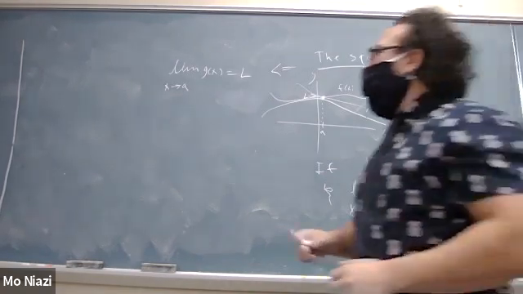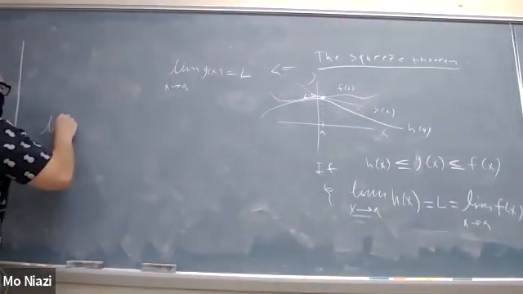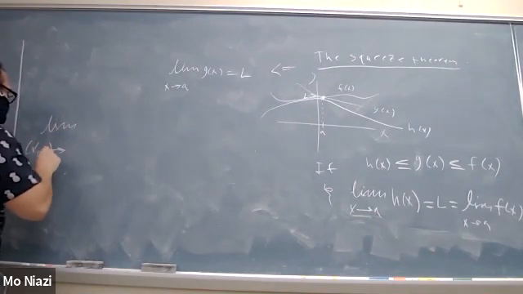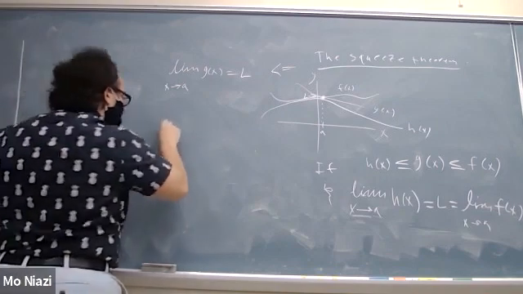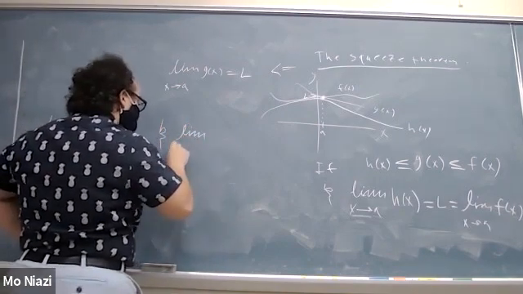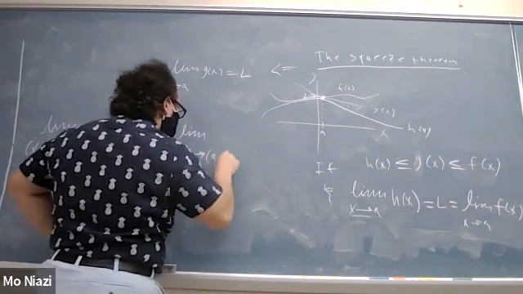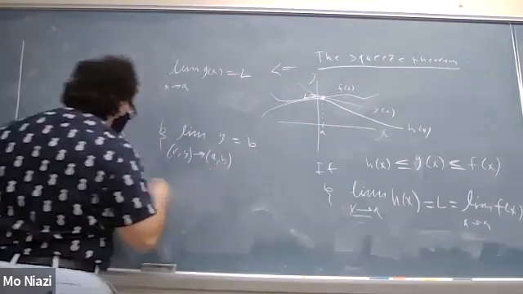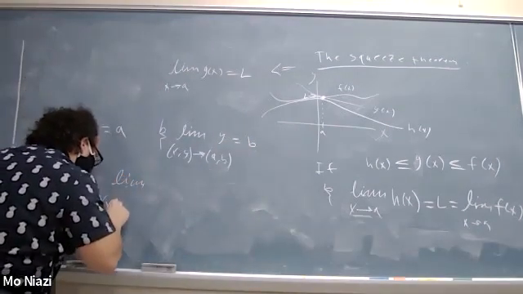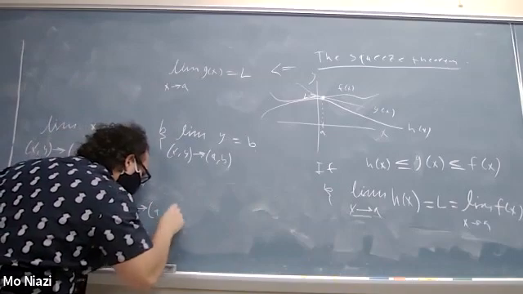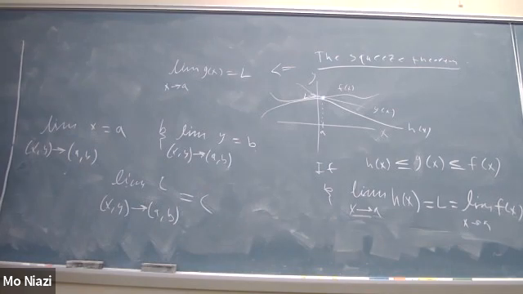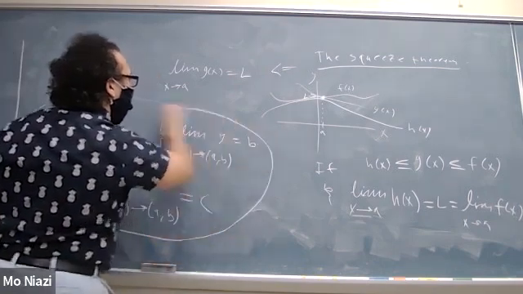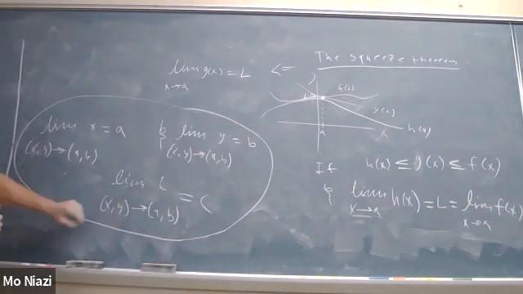That coupled with this information: the limit as x, y approaches a, b of x is clearly a by direct substitution, and the limit as x, y approaches a, b of y is b by direct substitution, and the limit as x, y approaches a, b of some constant c is just c, because there's no x or y to change it. Assuming these limit laws in 2 dimensions, the squeeze theorem holds. So